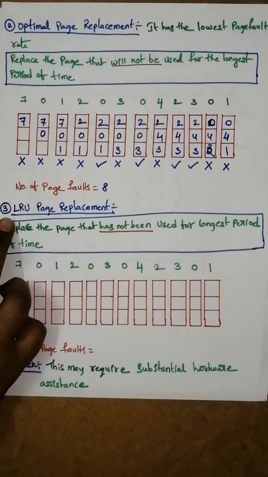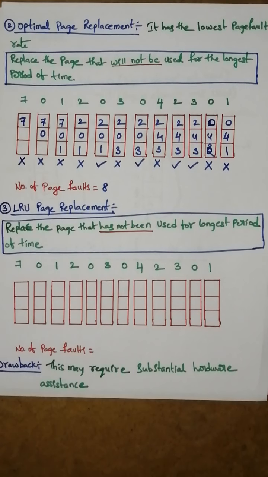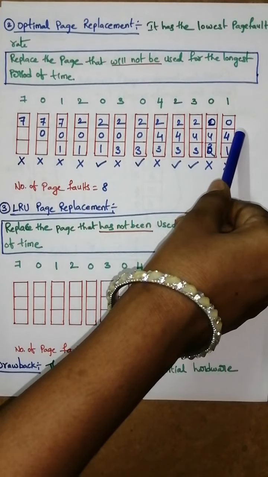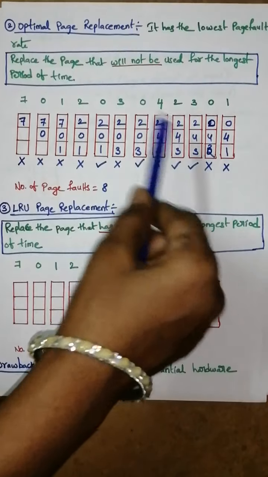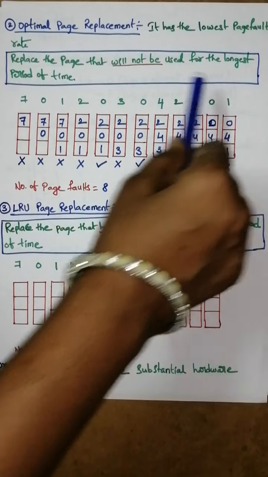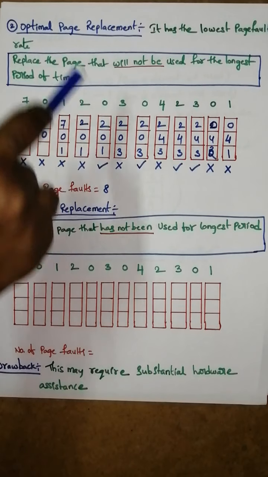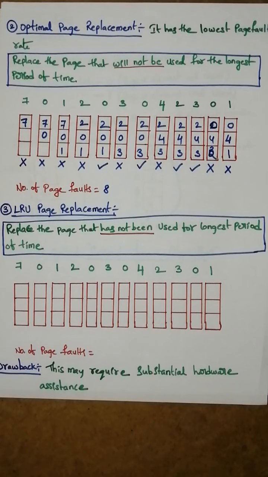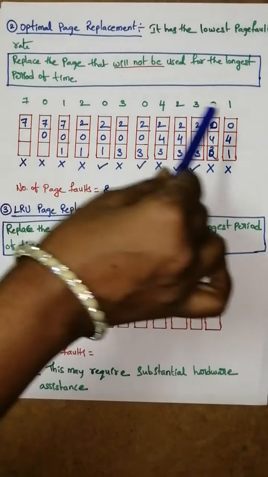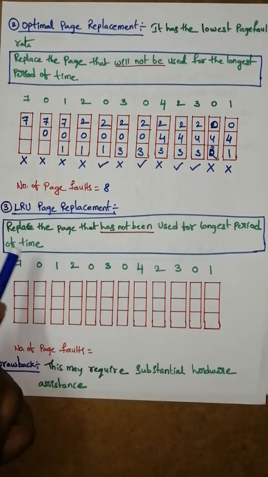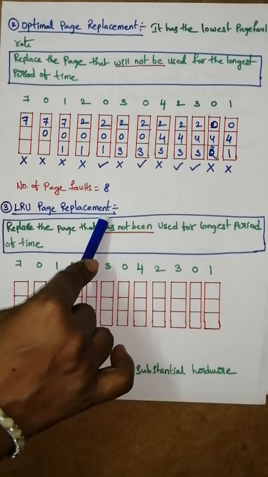Next we are going to discuss the LRU page replacement algorithm. LRU full form is least recently used. The above one was looking into the future, whether you are using that page or not, and based on that it was replacing. If you are not using it for the longest period of time, you just replace that. This is actually the drawback of the optimal page replacement algorithm, because you need to have future knowledge of that particular string. That drawback is overcome by the next one, the LRU page replacement algorithm.